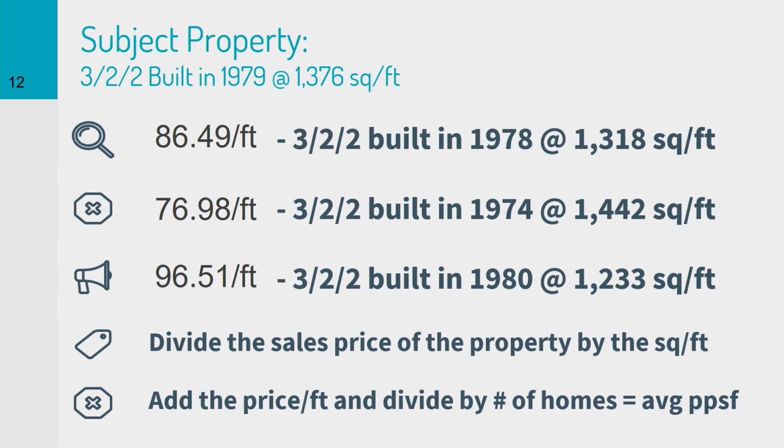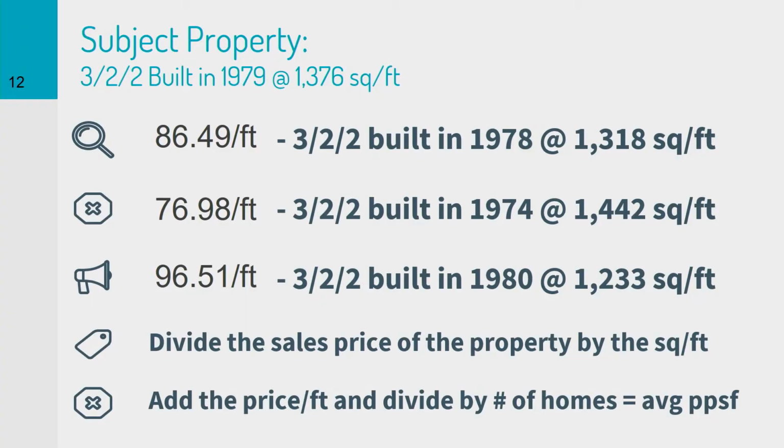So now I have 3 properties, and I know what they sold for per foot. Is everybody following me up until now? If you are not following me, go ahead and drop some questions in, because before I move on to the next slide, I want to make sure you're understanding what I'm doing here. So if you have questions, pile them on, and we'll continue moving forward. So now I have 3 properties, and I know what they all sold for per foot, and I need to find out what the average price per square foot in this neighborhood is selling for. Does that seem fair?